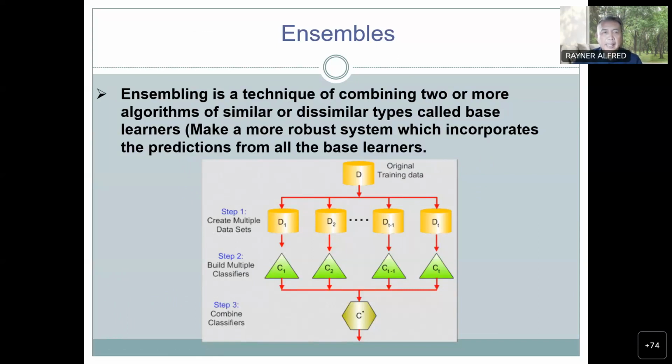So basically, an ensemble classifier is ensembling a few classifiers, whether they are similar type or different type, and these are called the base learners or the base classifiers. The reason is we want to improve the classification accuracy. So if you look at the diagram here,